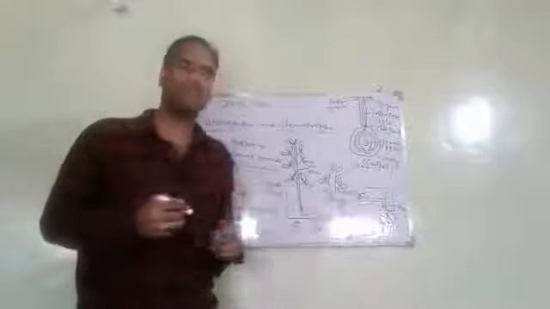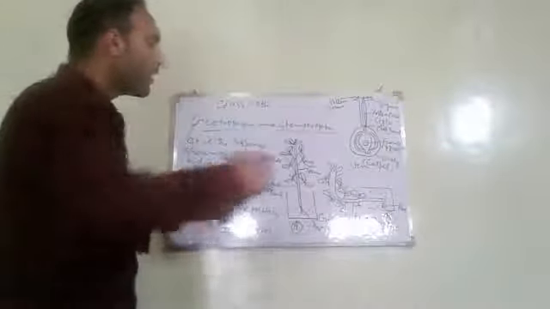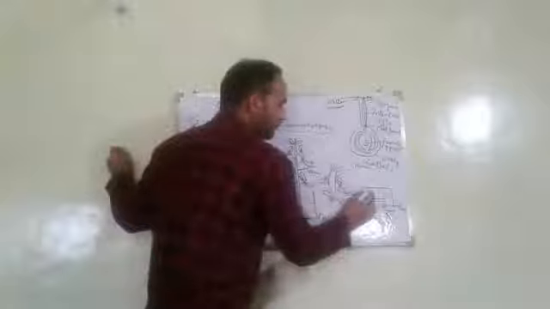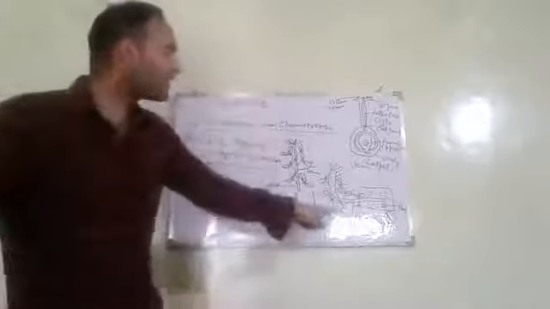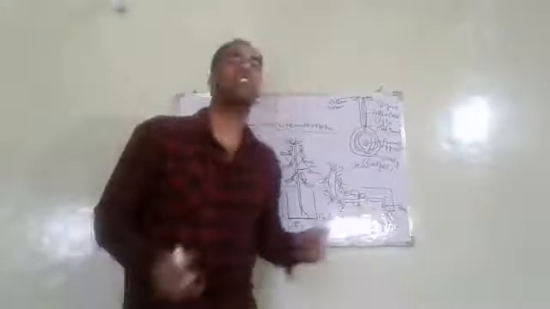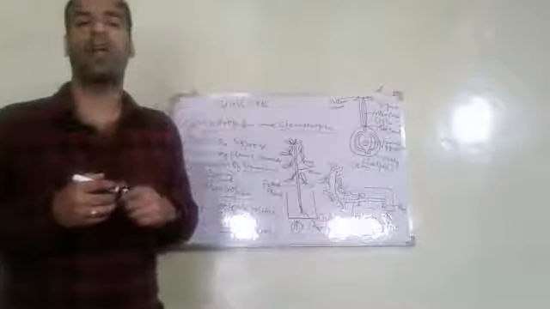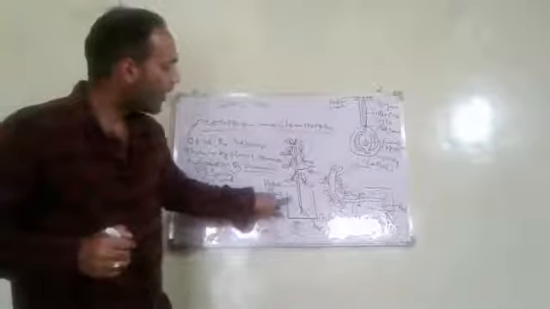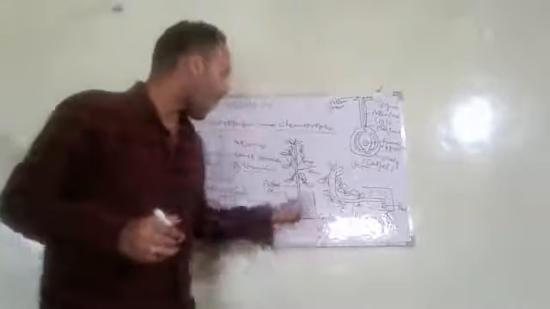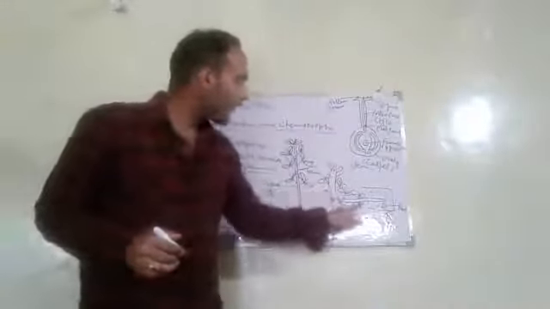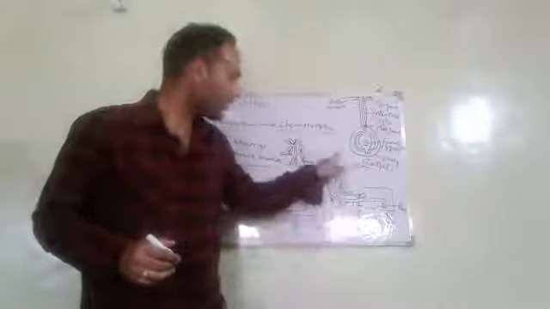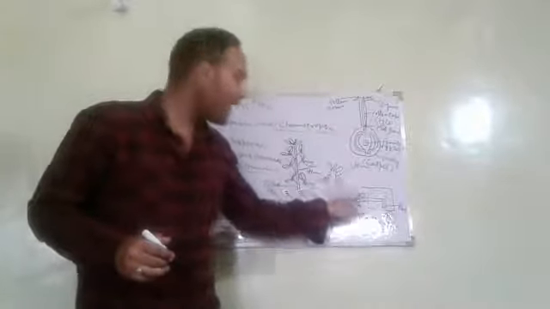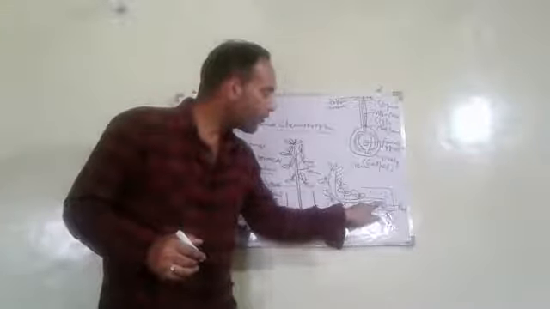Now, in the second case, we place a potted plant in a glass jar, but in this case, we place the glass jar in a horizontal direction. Place this potted plant in a horizontal direction, means in this direction. After a few days, you observe that the stem of this potted plant grows upwards, just like this, while the root grows downwards.